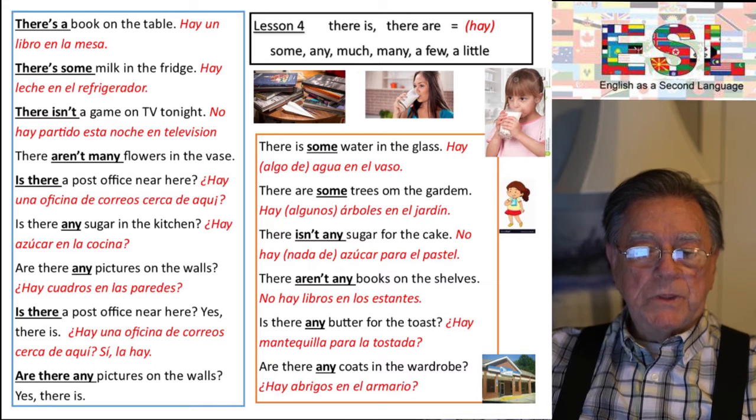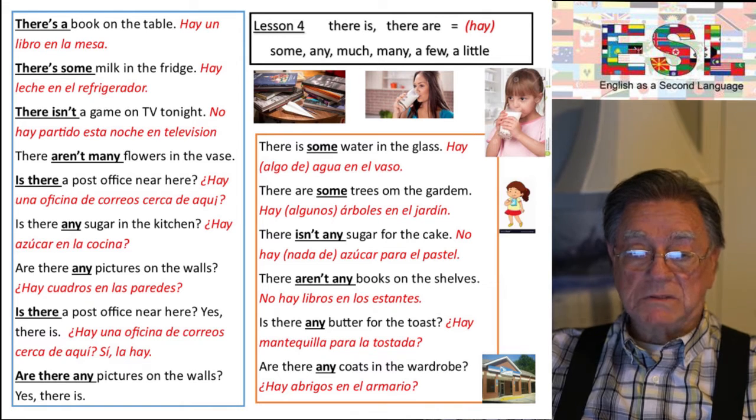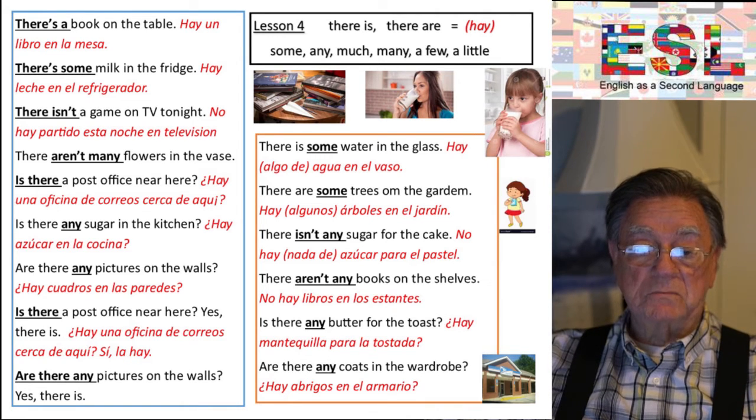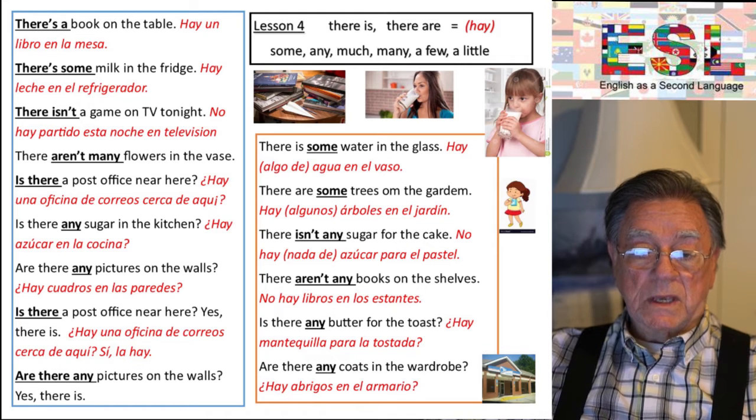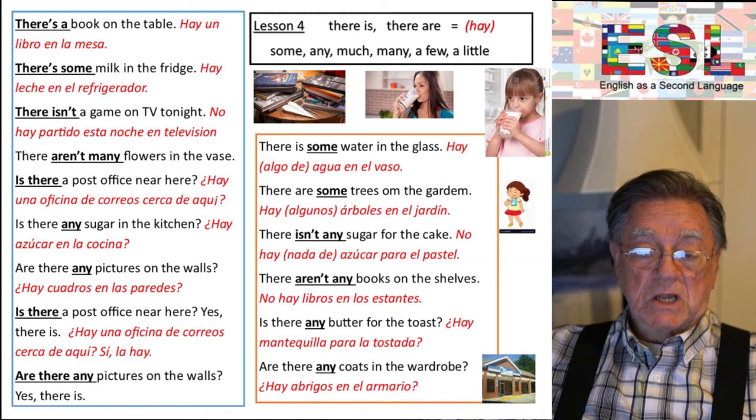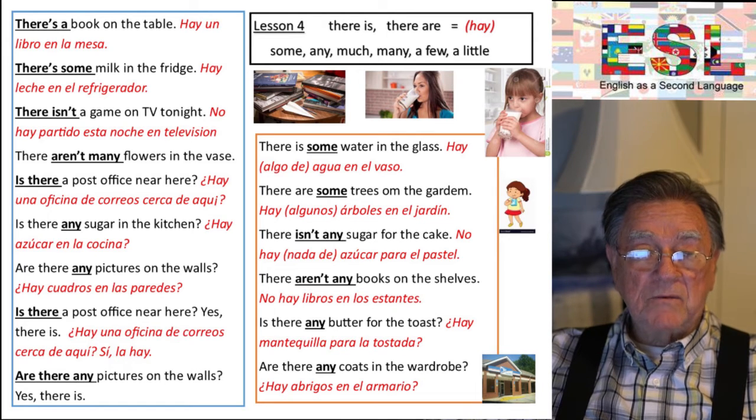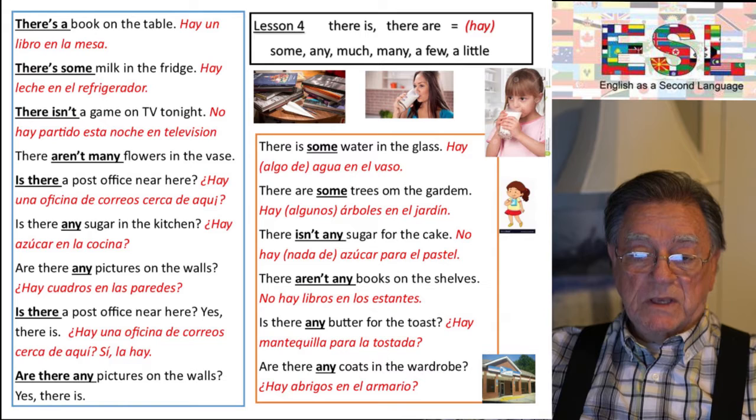Then, there aren't many flowers in the vase. It's a plural verb because there's more than one flower. There aren't many flowers in the vase. Okay, and there's not mucho, there's not a lot. There aren't many flowers in the vase. Another